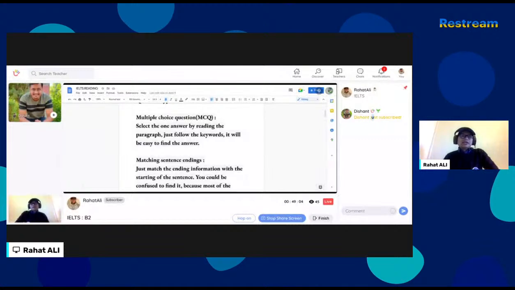Okay. And the next method is scanning method. In order to apply the scanning method, we need to understand what does it mean. If you understand the scan means, you look quickly. So go to the questions fast and find out the keyword, what they are asking. Is it a time? Is it a person? Or is it specific information? So underline if you find the person, or underline the time or the specific information. Then you go through the questions.